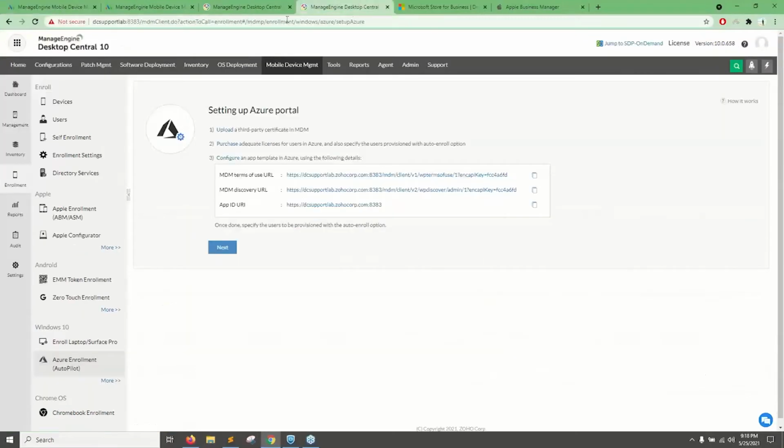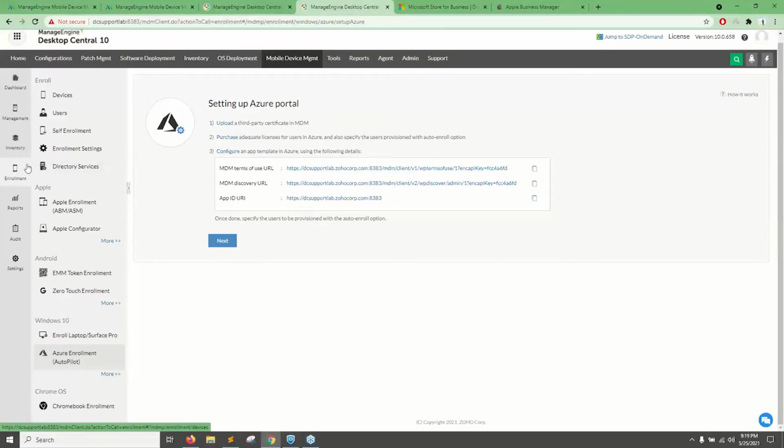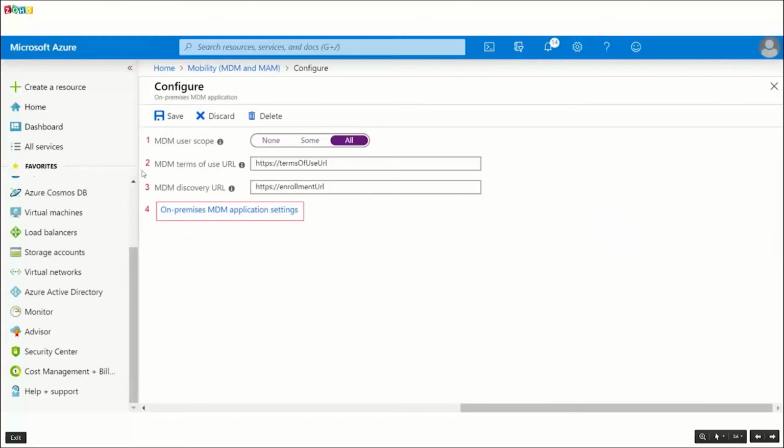So for that, this is my on-premise MDM server. You can go to the mobile device management tab. You go to the enrollment section. Under enrollment, you will have separate divisions for Apple enrollment and Android devices. And under Windows 10, you will see the Azure enrollment here. You can click on this tab where you can find the details of the terms of use URL and discovery URL. So you can copy these details updated under your MDM server